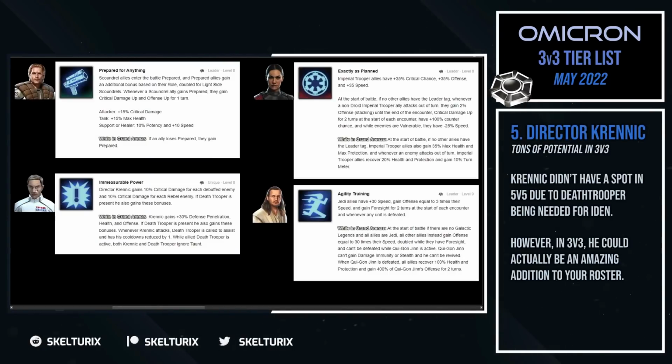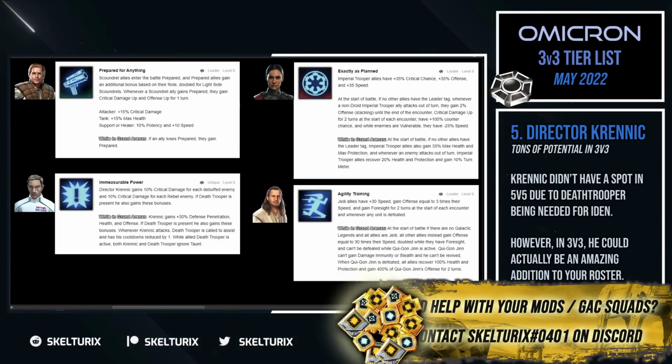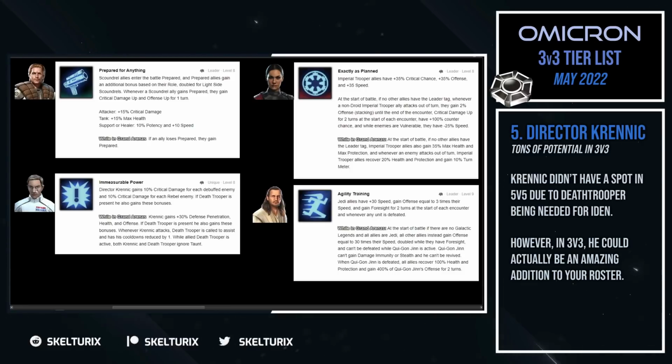And then we've got Krennic. So this one is actually interesting. I'm pretty sure most of you don't know about it or what it does. So let's go over it. It gives 30% bonus defense penetration, health and offense to both him and Death Trooper. And whenever Krennic attacks, he will call Death Trooper to assist and reduce his cooldowns by 1, which means that